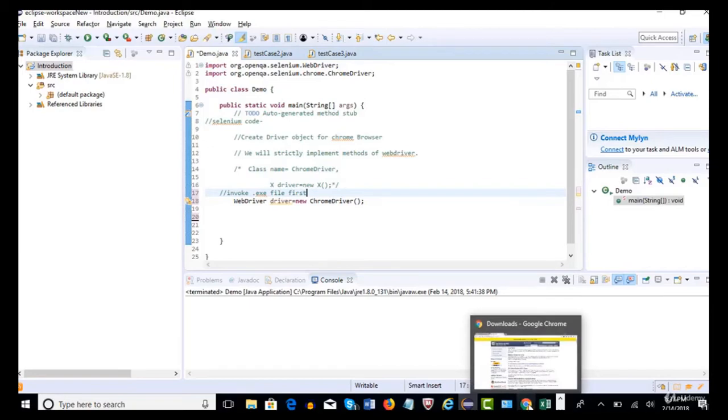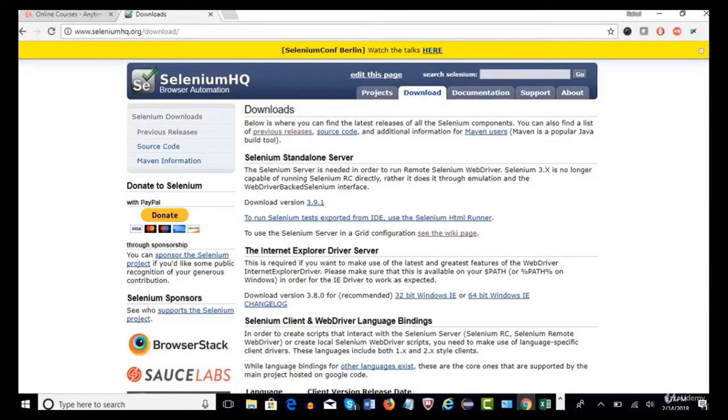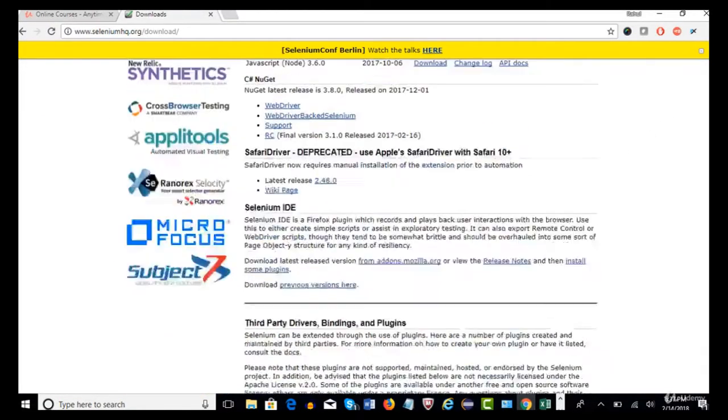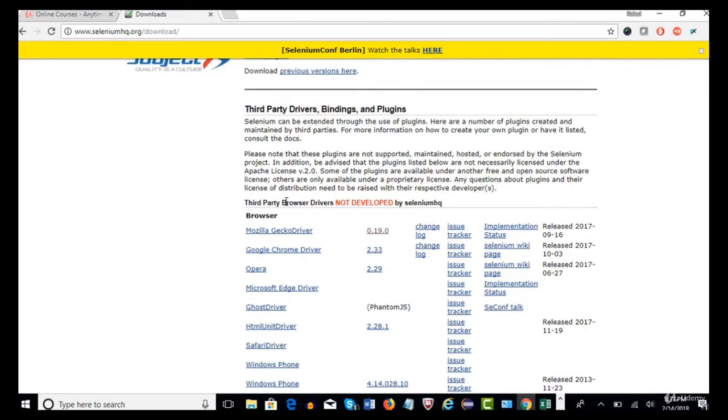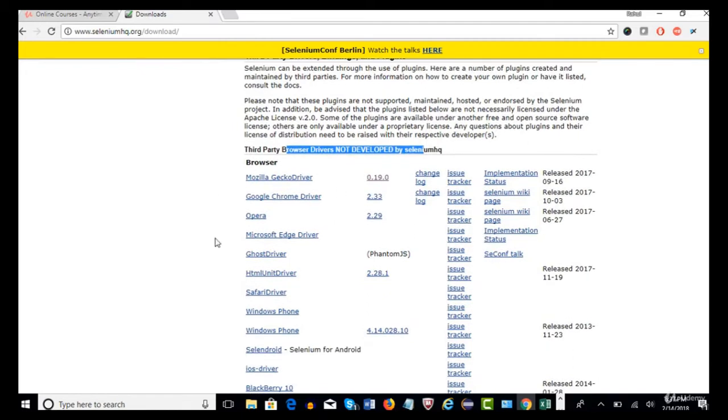Let me take you to the Selenium official website again. If you come down, you will see something like third-party browser drivers not developed by Selenium. These are the .exe files. If you are working with Chrome, you have to download the Google Chrome driver. If you are working with Firefox, then you go with Mozilla, and Internet Explorer, Edge.